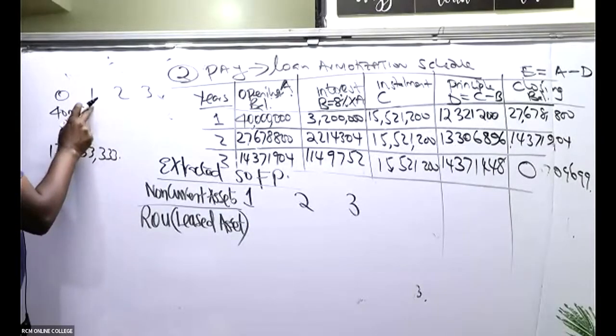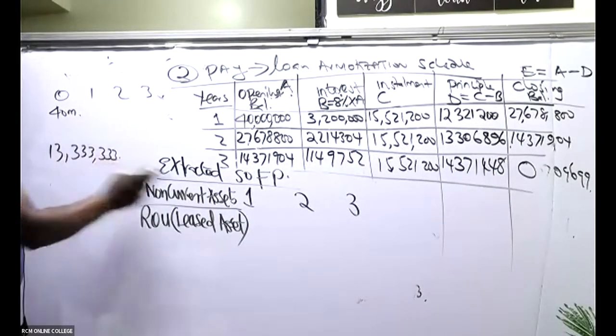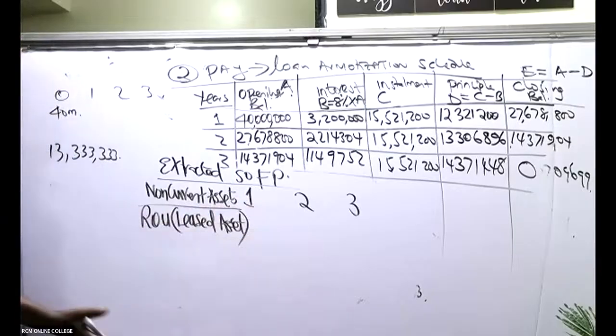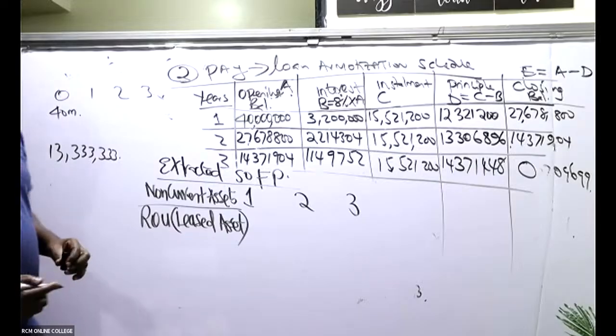So by the end of year 1, what will be the value of our asset? Because you'll be looking at the end of the years. Remember, this is today 40 million. So by the end of year 1,